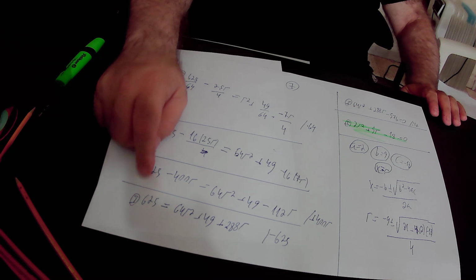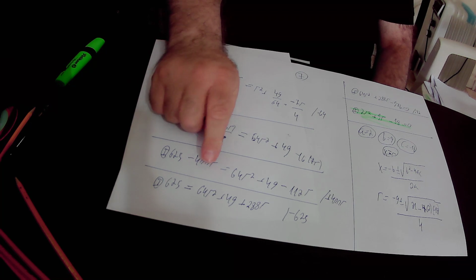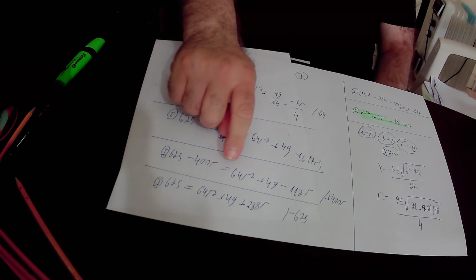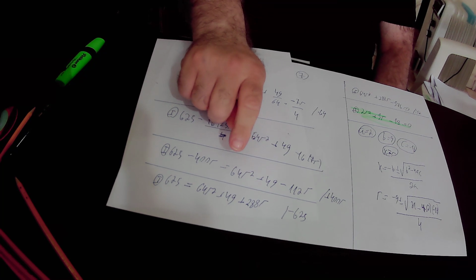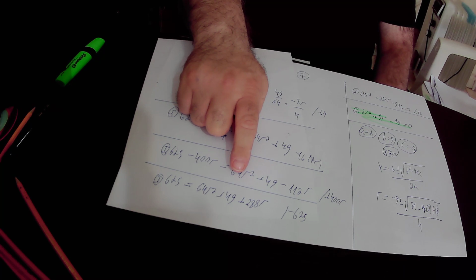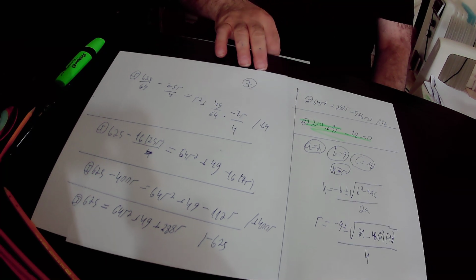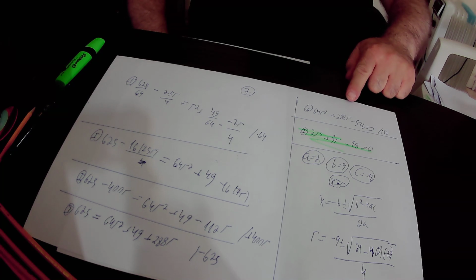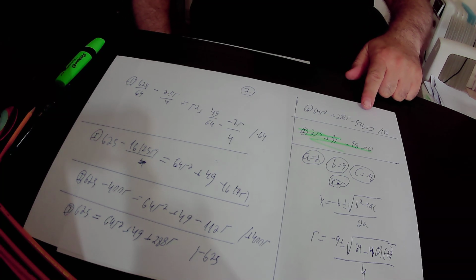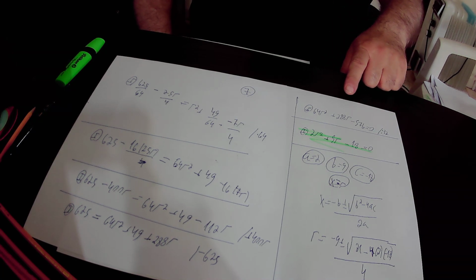So here 625 minus 625 is 0. And here we have also 64r squared plus 288r. And here 49 minus 625 equals minus 576. Okay, so in conclusion, we found out that according to equation number 1, 64r squared plus 288r minus 576 equals 0. Here we divided this equation number 1 by 32, and we got that 64 over 32 equals 2,